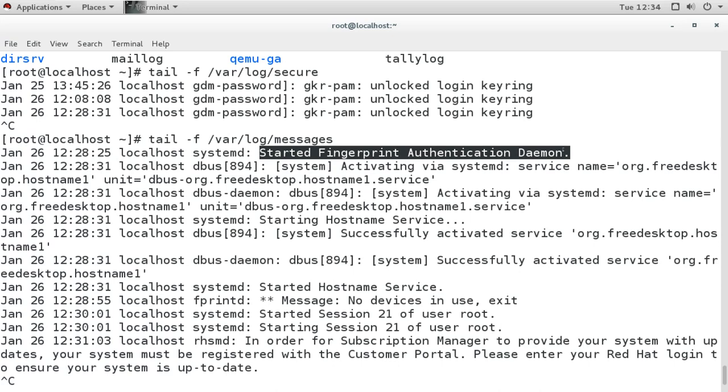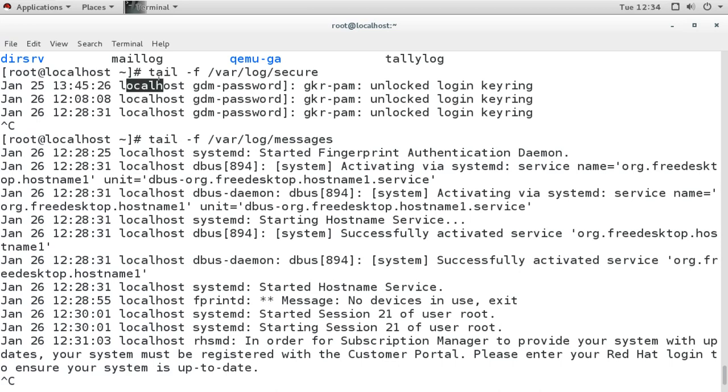Started fingerprint authentication D1. So these all logs are the same format. Here in this secure log also we can see timestamp, machine name, service generating the log, and then the actual message. So this is the format of the logs.